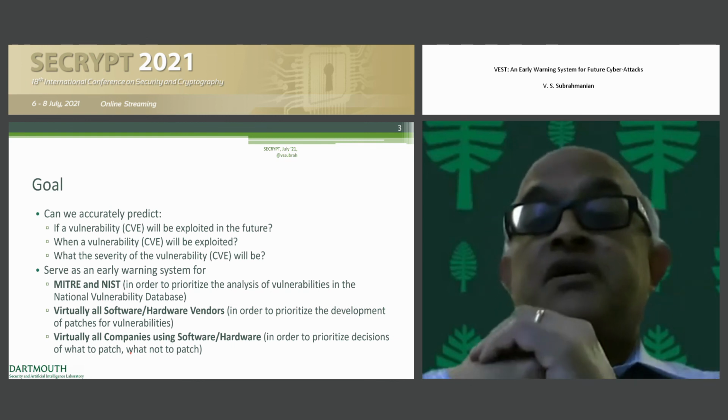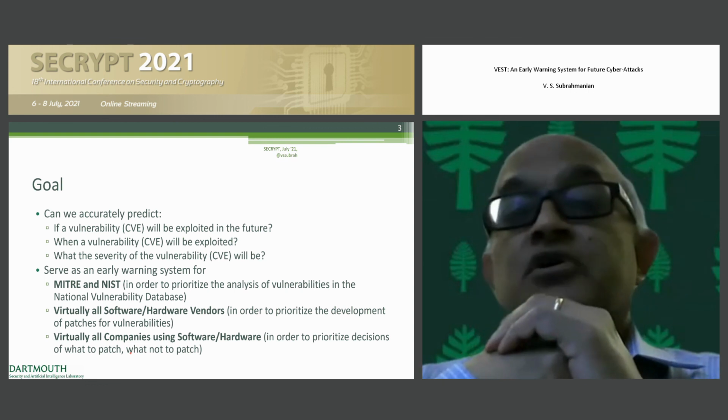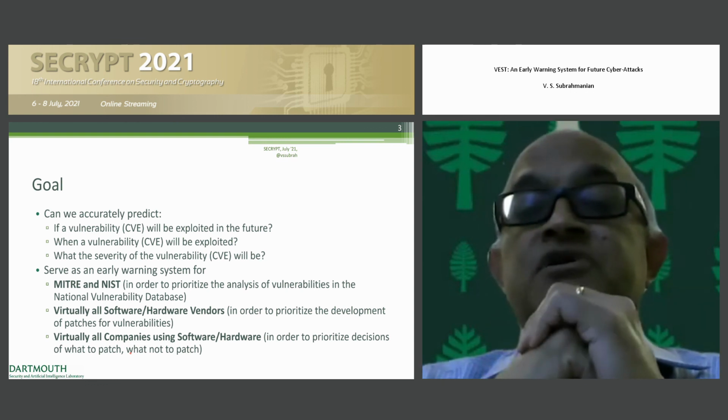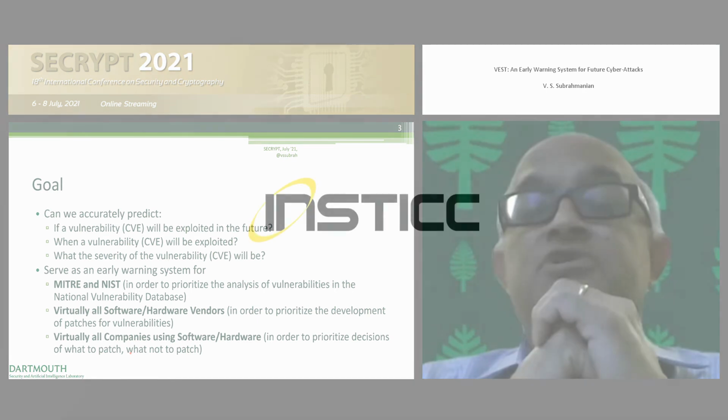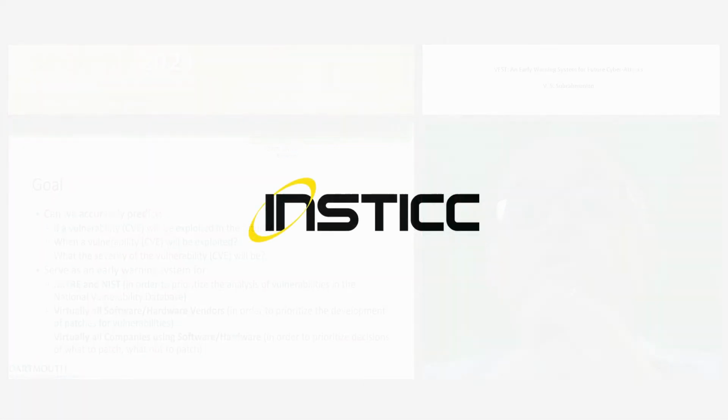We know from a study by Symantec some years ago by my former colleague, Tudor Dumitras, that on average, there's a gap of 4 months between the time a patch is available and the time the patch is